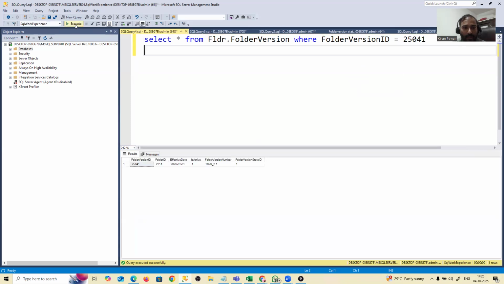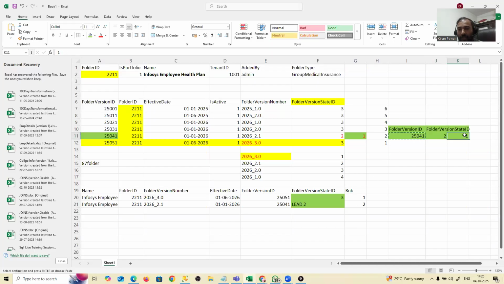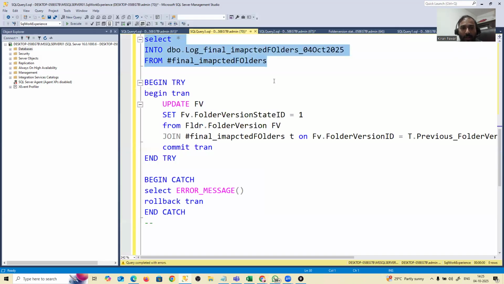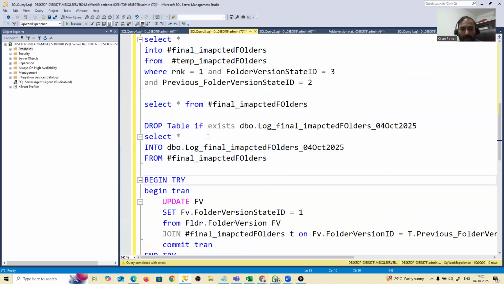And you can see that I did a select star from, and the folder version state ID is 1, right? So this is updated, and we have achieved this result. So the same way it worked for you. Now the problem here is that I failed to add these records into my